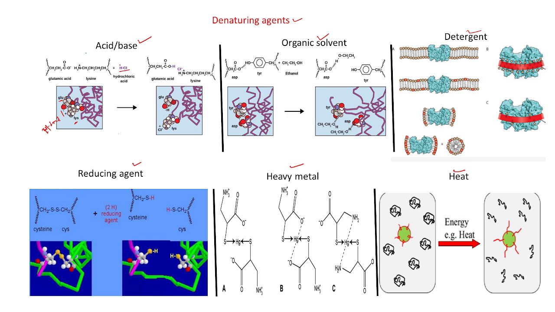So here the hydrogen reacts with the COO minus and converts it into COOH, and the Cl reacts with the NH3 plus, and now it creates NH2 plus. So by binding this, now it cannot form the hydrogen bond,